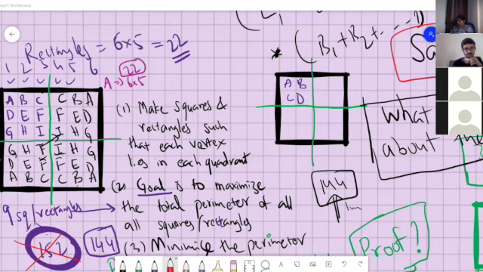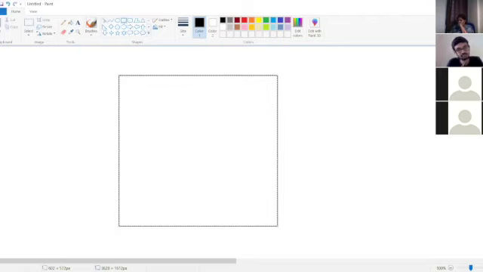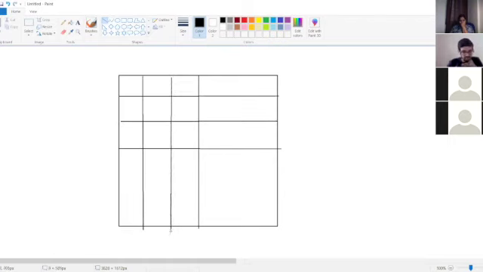Ashwin, can you repeat your argument for 6 power 6? Okay, my argument is this. So if I have 3 rows and 3 columns, I have it like this.